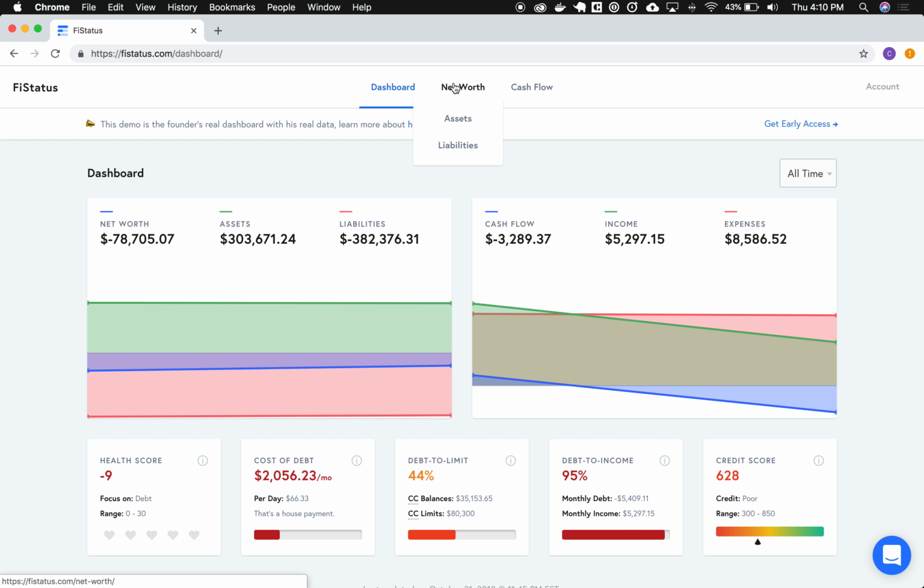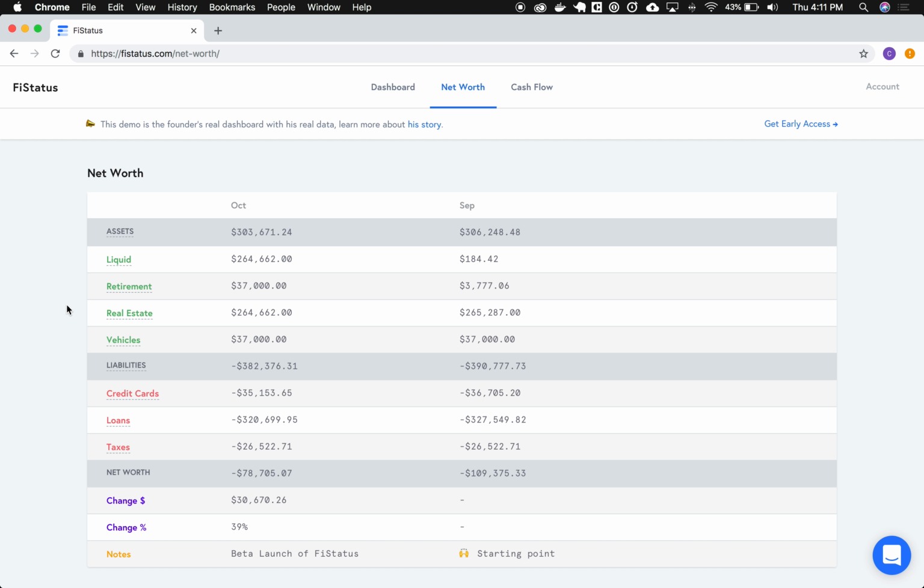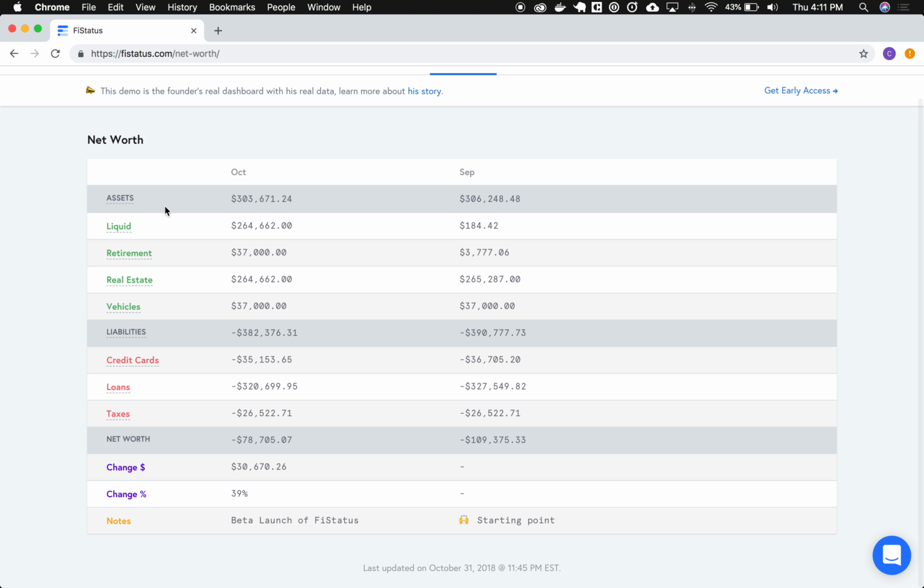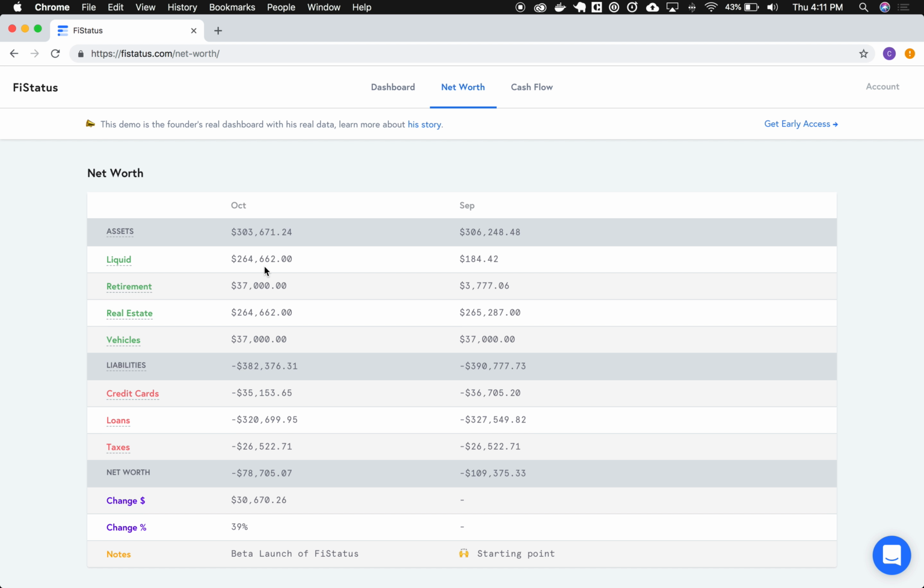All right, so let's go into this target here, which is your net worth. You can see that I have my assets here, my liabilities here, and then my net worth here, and I can break it all down. This is not being pulled in right. Well, it's okay. We just launched today, not that big of a deal. So numbers being duplicated, no big deal.